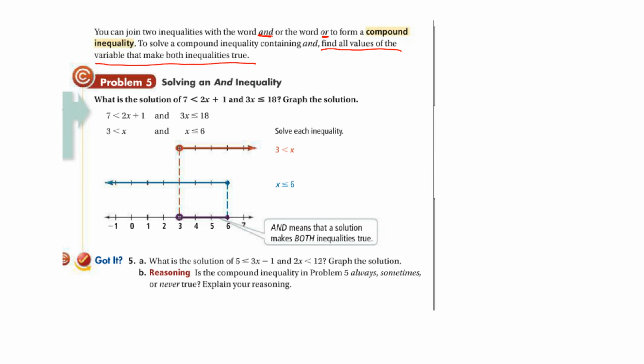So if we look at problem 5 here and we solve each one, we end up with x is greater than 3, which we show graphed right here, and x is less than or equal to 6, which we show graphed right here, where if you look, our intersection ends up being